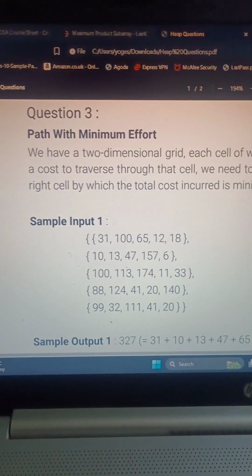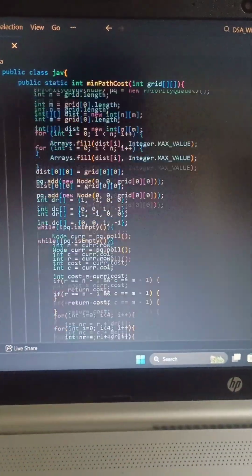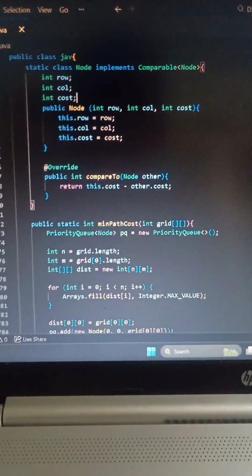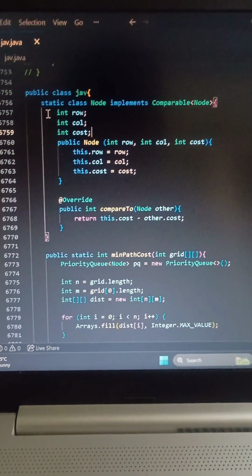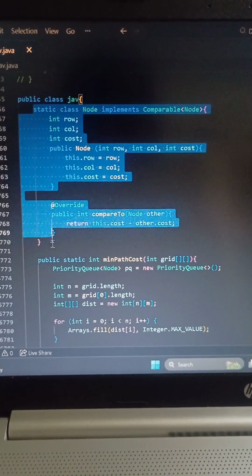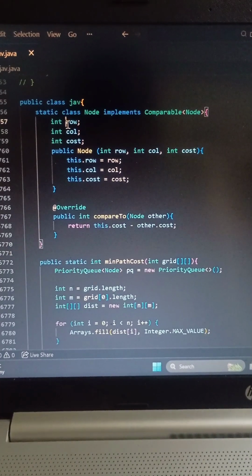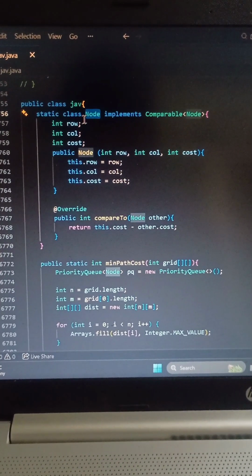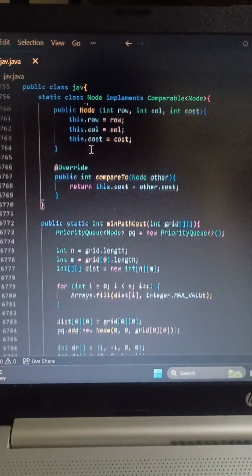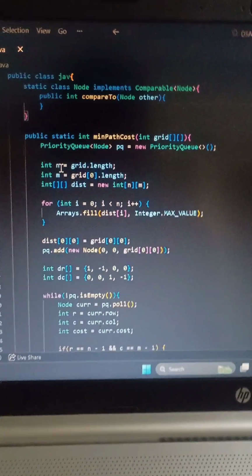So for this I wrote this code. You might find it a little lengthy, but once you get to know how this works, the logic, the coding is very easy. So I made a class for each element. This is a node class, and this is row, column and rows. Class is something you have to know by yourself. And this is something I made, I'll show you with this.